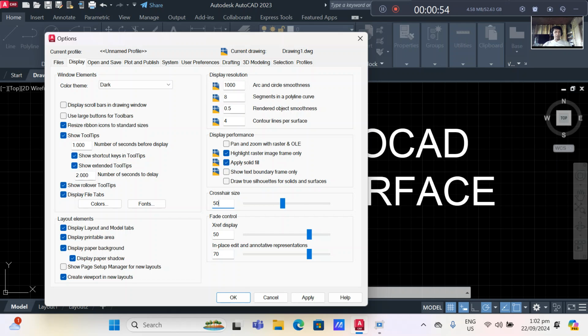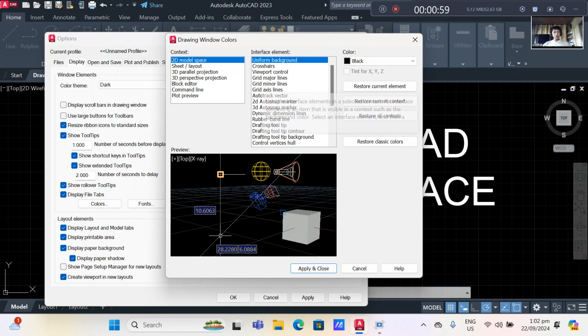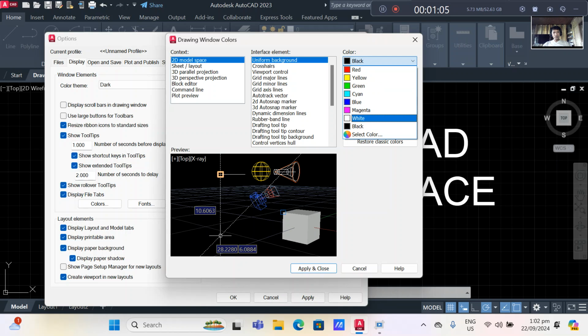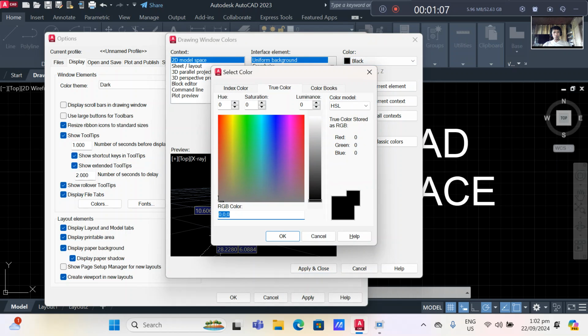Now let's go to colors. In the interface element, we will change uniform background. I will change uniform background into navy blue. Then okay.